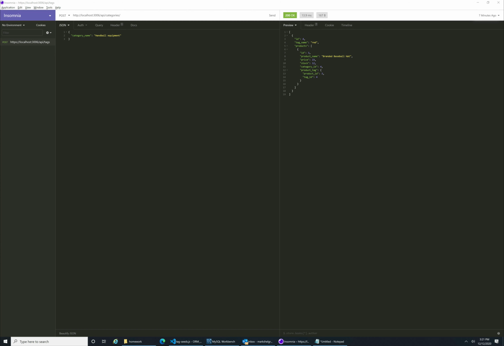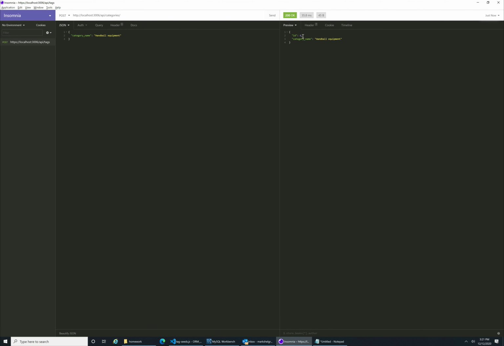The application fulfills the final requirement, which is to demonstrate post, put, and delete routes for categories, products, and tags using Insomnia. So here we go. Let's start with categories. We have a post in Insomnia. We're doing a post operation. We're going to be submitting a JSON body into the categories route. We hit send,